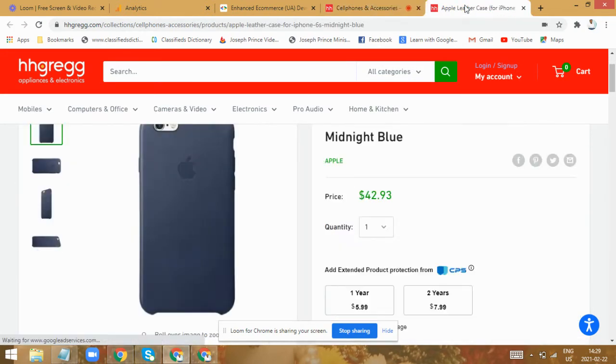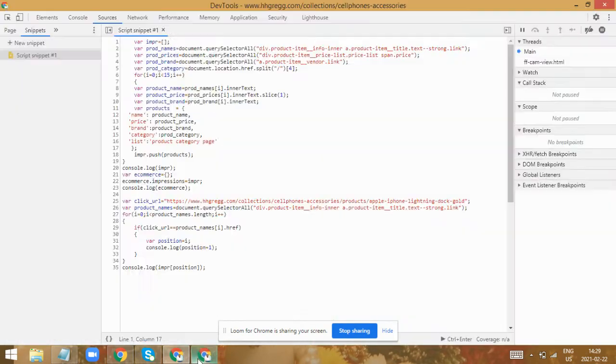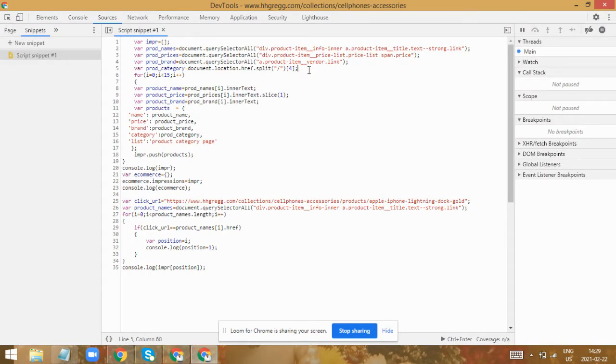For that, we need to create an array of this kind, the impressions array, and all the details regarding the product are gathered using DOM scraping. I think as experienced marketers, we will be well aware of DOM scraping. We also have videos on the YouTube channel. You can refer to them regarding DOM scraping, how it is done, and the different rules. So using those rules, we need to scrape the document and get the required details we want.